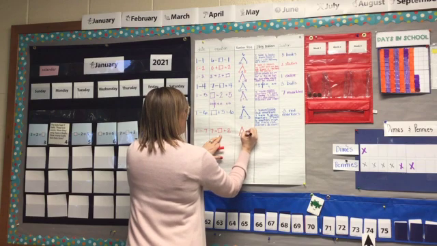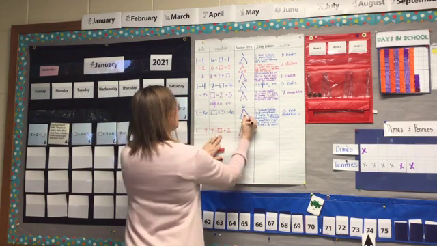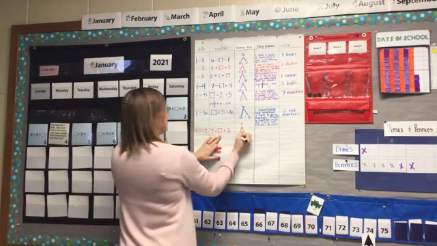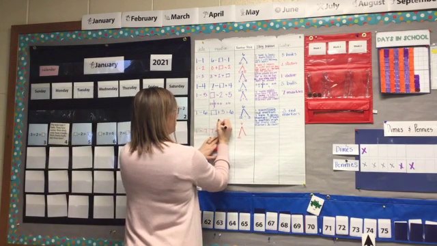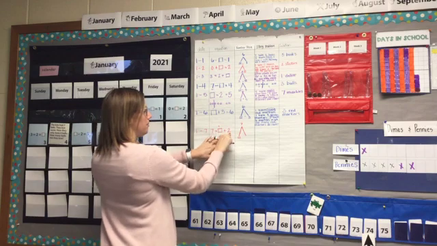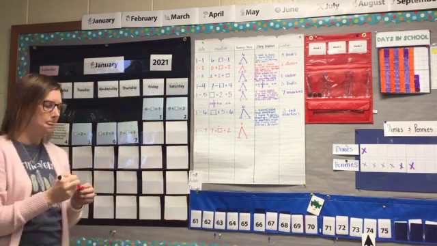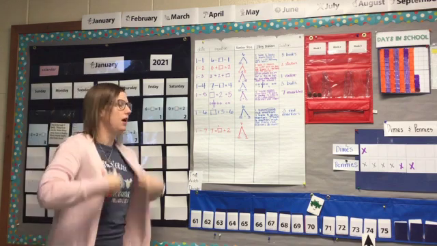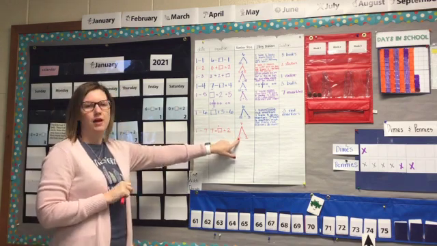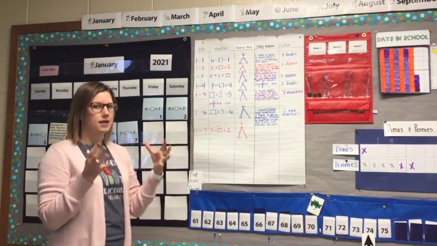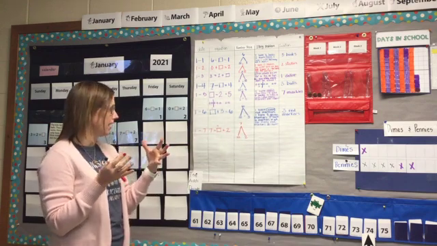Here's my number tree. 7 is my total. That goes at the top. Okay, I have a missing partner. That's what I don't know. But I know my other partner is a 2. So now I have to figure out how to solve for that number. Okay, if I have a total of 7 things,